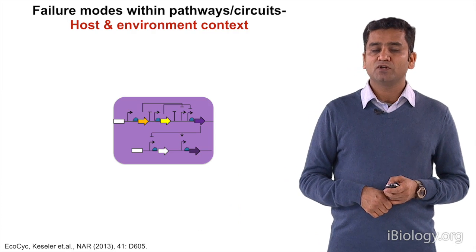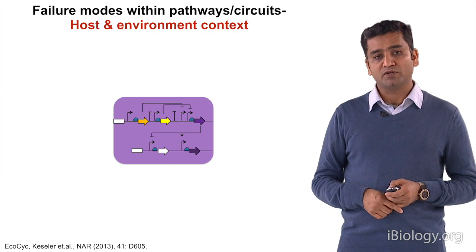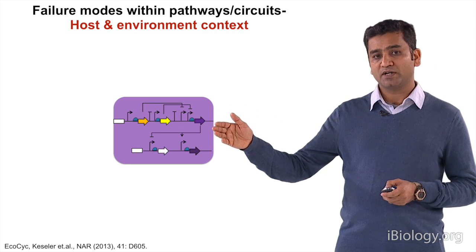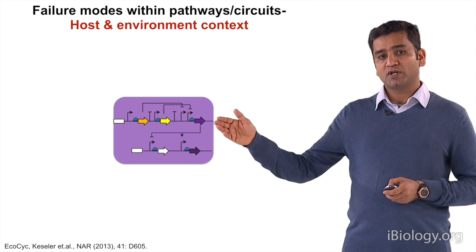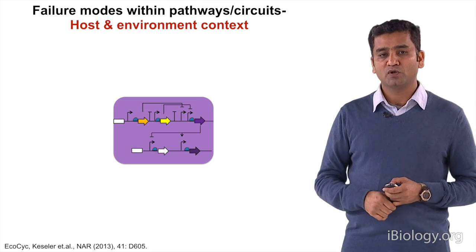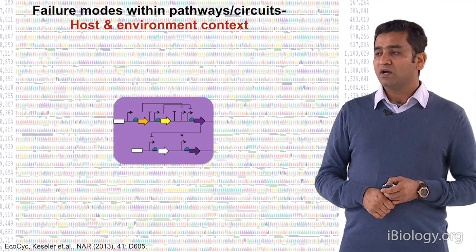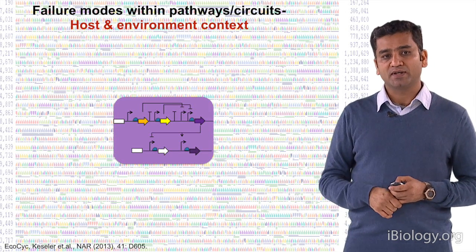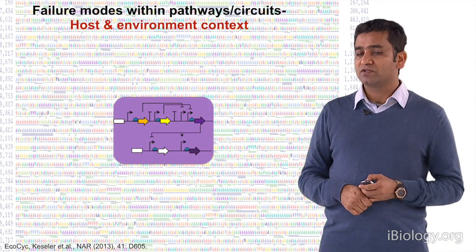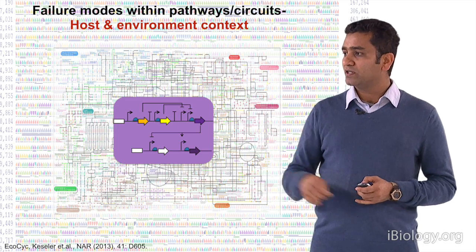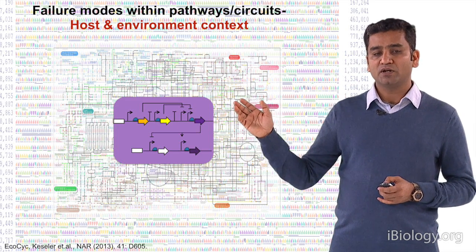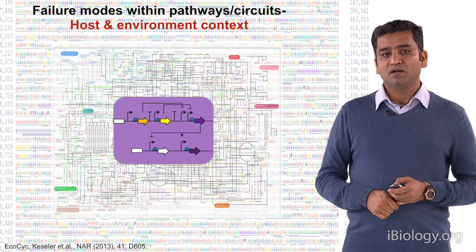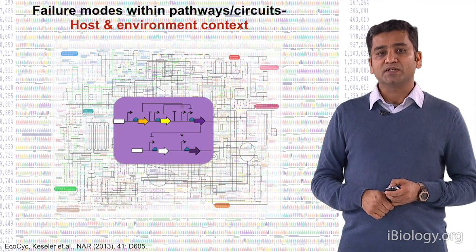One of the things that we always fail to take care of is the host and environmental context. Let's imagine this is my construct that I want to use to produce whatever I want to produce, or the program that I want to engineer. What we forget is that it's in the context of a whole cellular genetic program that it has already evolved into. Then we also forget the metabolic circuits that are part of it. So when we talk about host context, particularly, we don't take care of these issues.